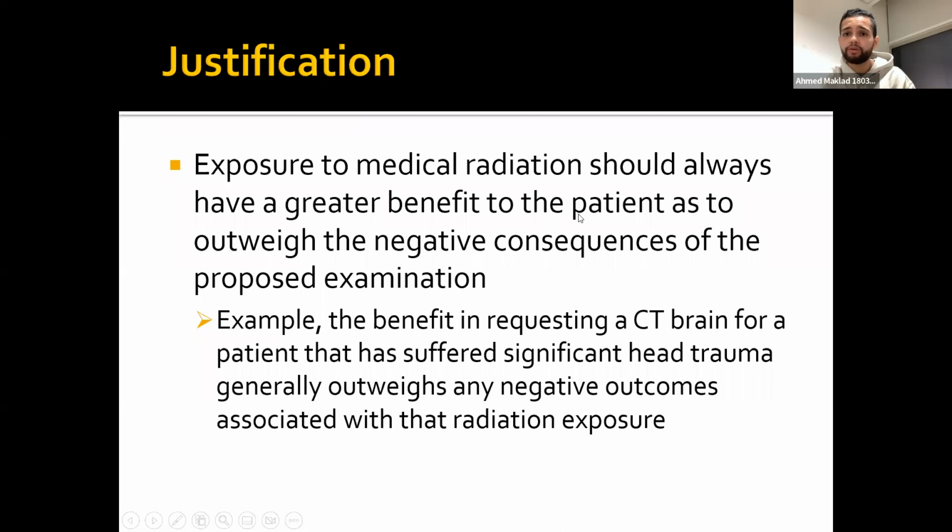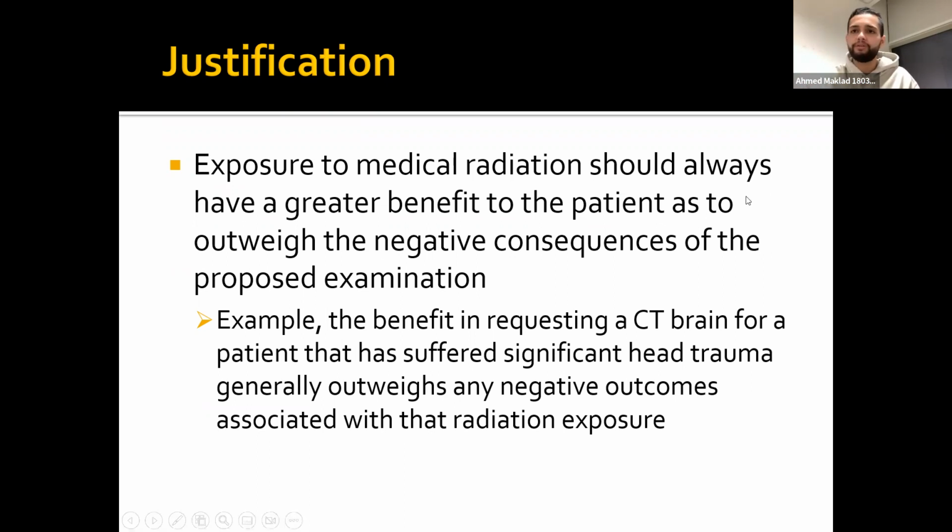Exposure to medical radiation should always have a greater benefit than risk. All right, so this is justification. This is one of the 3 things that the guideline takes into consideration. You don't want to give unnecessary radiation or procedures to the patient unless the patient really needs them, all right? So you don't go and order X-rays right and left just because you can. You should have a good justification or a good reason why you are ordering an imaging modality for a patient,